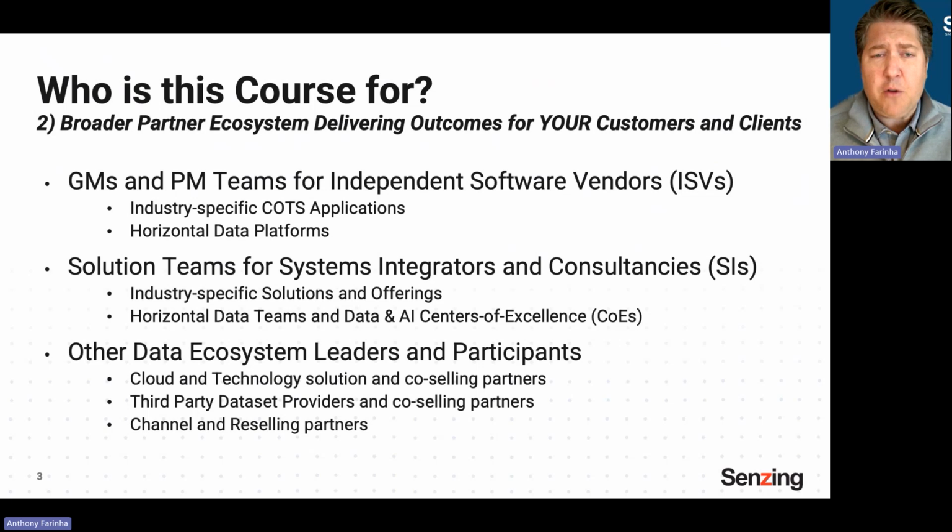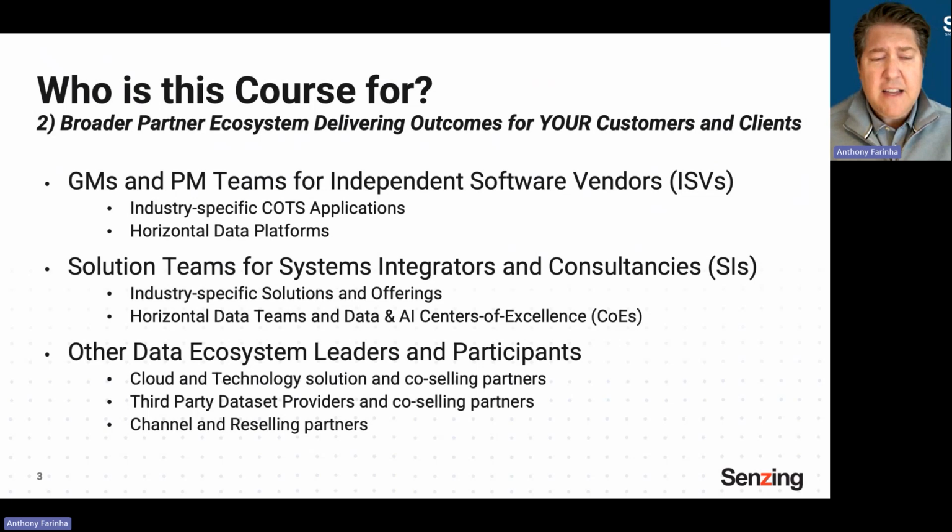Also, the same goes for the solutions and offering leadership teams within a variety of system integrators and consultancies, whether you're some of the biggest SIs on the planet with the most capability, or niche boutique data consultancies that are really bringing to bear the best technologies to solve your trusted accounts problems. And these can be similarly for the industry specific teams, or for the horizontal data teams that are building data and AI centers of